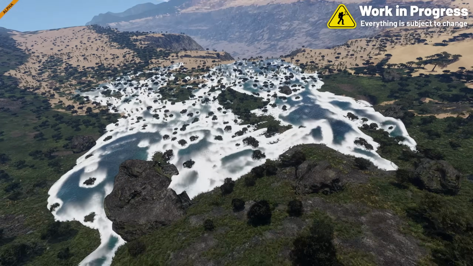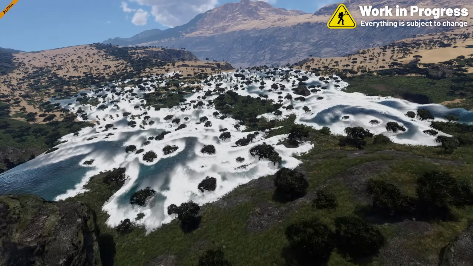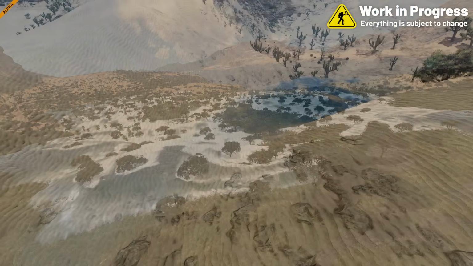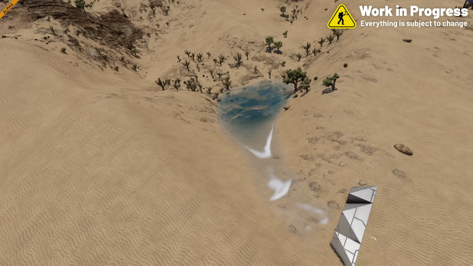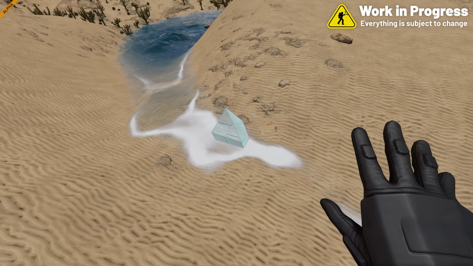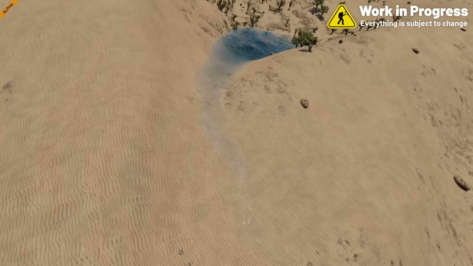And as I come further down, you can see that the water is receding back instead of infinitely flowing from the top of the mountain. So like I said, either these tools spawn an infinite source of water, and that's why the water is able to flow down, or alternatively, maybe water won't be finite, or alternatively, again, that is something that will be changed